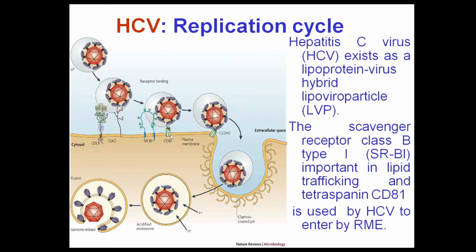So it means the hepatitis virus uses the receptors responsible for trafficking of the lipids in the cell, and then they enter by receptor-mediated endocytosis, usually into clathrin-coated pits, and due to the acidification with the P7 protein of the endosomal